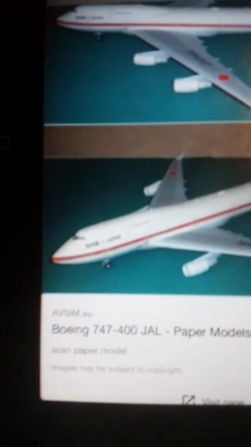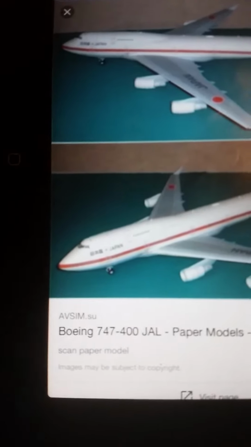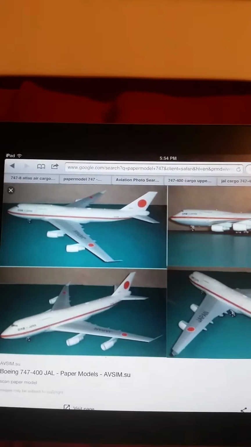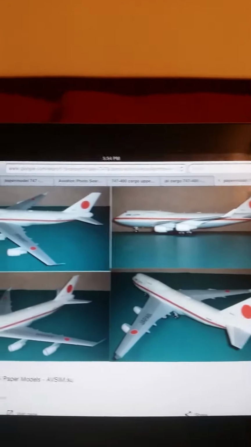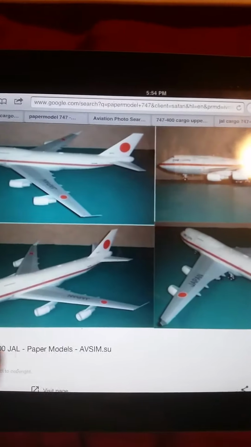Hopefully you can see that. Avzim, SU. You can also just type in your search menu up here. I typed in paper model 747, and then it came up with the picture of this particular 747, which is a Japanese, I think, president's aircraft, or Japanese Defense Force aircraft. And click on that, Absim,